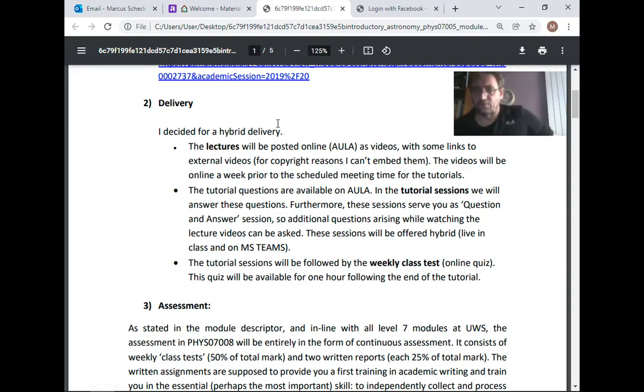The good thing is that for the first two weeks, the class tests are just for you to get used to them. They do not count. It starts counting in week 3 up to week 12, so 10 tests. Of course, what can happen is that you miss one. At the very end of the module, I will offer you a session where you can repeat the ones you missed, if you gave me a good excuse.